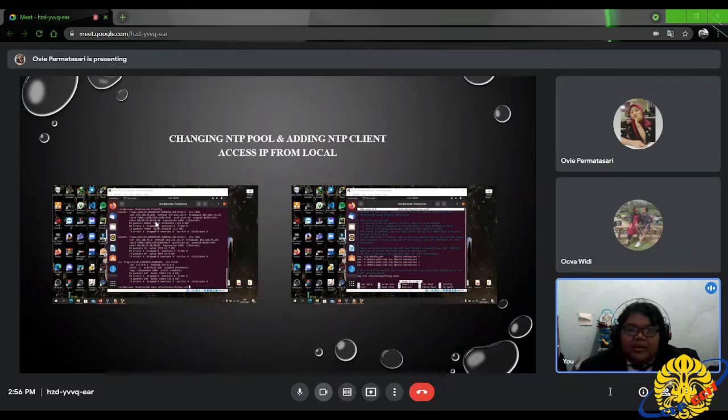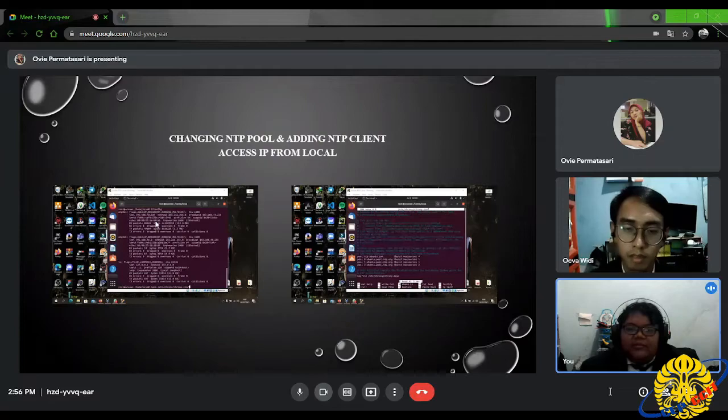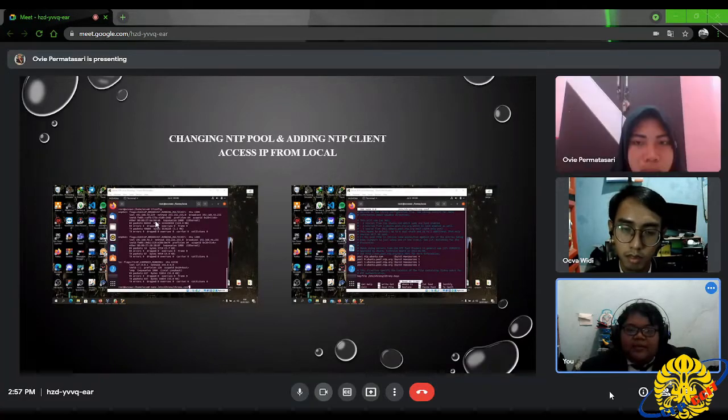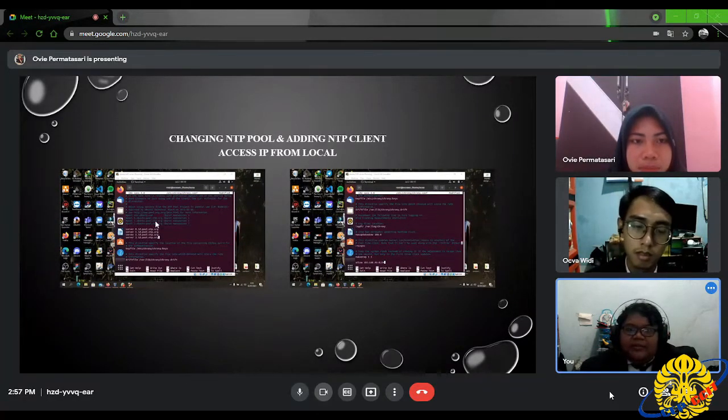Then we edit the configuration file. By default, NTP on Ubuntu Server 20.04 uses the Ubuntu NTP pool, but there we add the hashtag symbol to the Ubuntu default NTP pool. In the new line, we add NTP with the Indonesian NTP pool as follows. At the bottom line, we add the IP that we already know when using ifconfig.